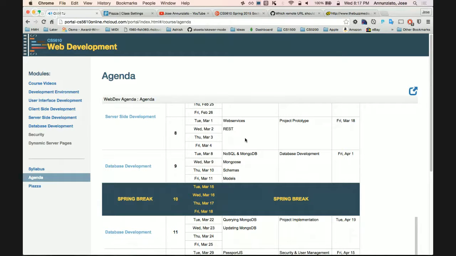For database, we've chosen MongoDB, which is the M in the MEAN stack. MongoDB is a NoSQL database, meaning it's not your classical database. All the databases that you might have seen by now are typically relational databases, and there are tons of them, and they've been around with us forever.